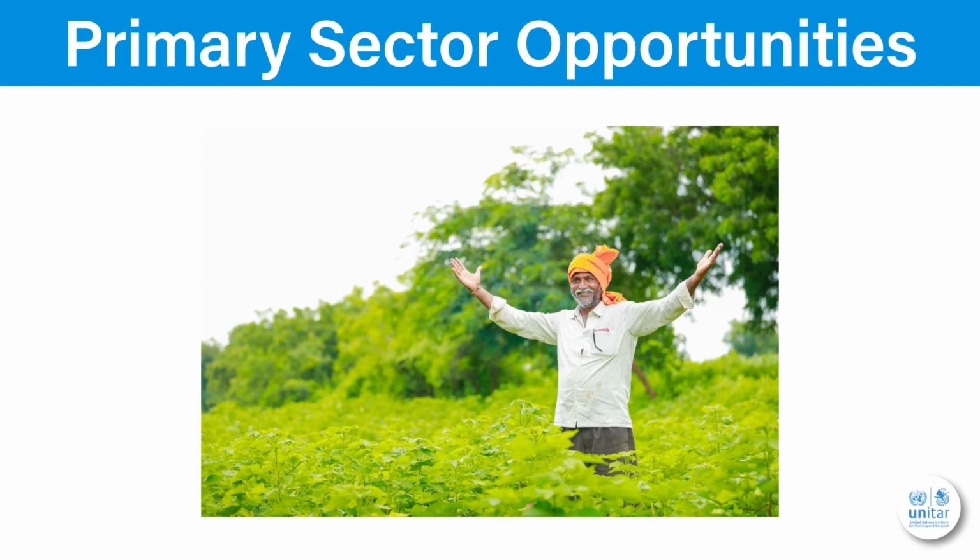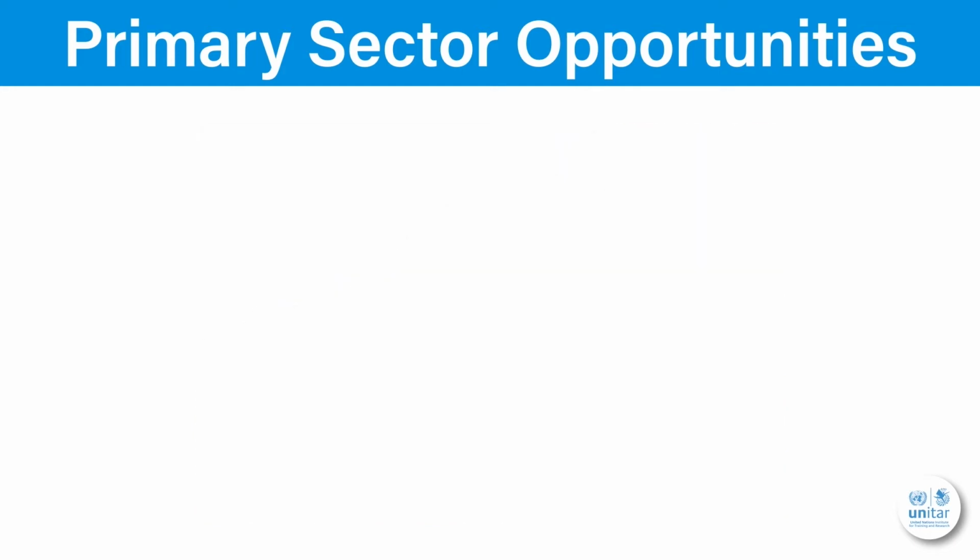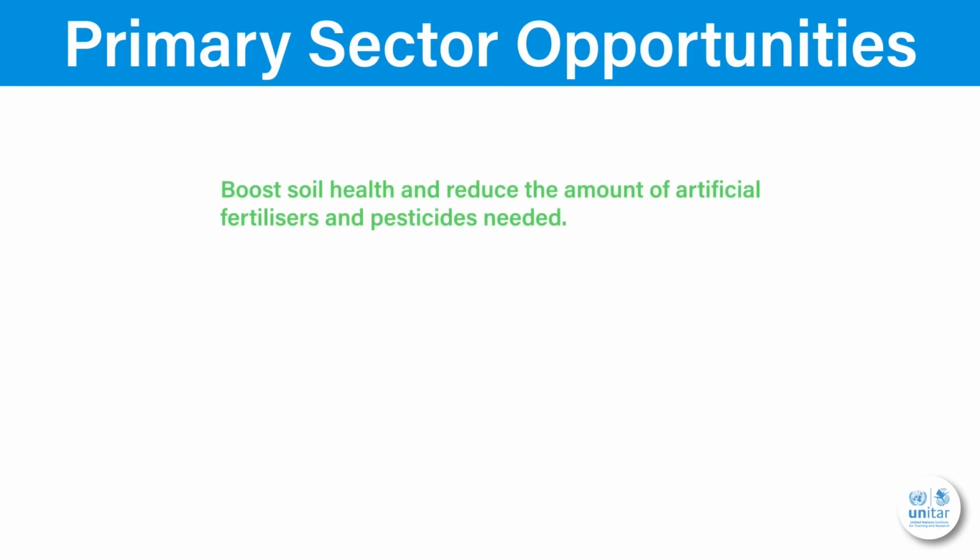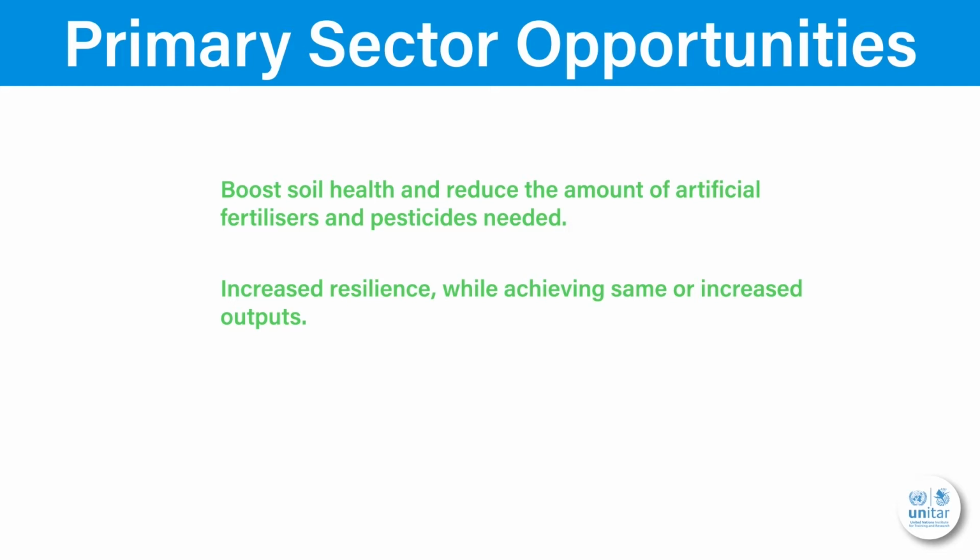You might remember that we have already seen in a previous session the environmental benefits of a circular agricultural economy. But let's summarize them again. A switch to regenerative agriculture using organic fertilizer can boost soil health and reduce the amount of artificial fertilizers and pesticides needed. The advantages for the agriculture sectors when switching to a circular economy are, amongst others, an increased resilience through higher diversity of crops and healthier soils, as well as less dependency on artificial fertilizers and pesticides, while achieving